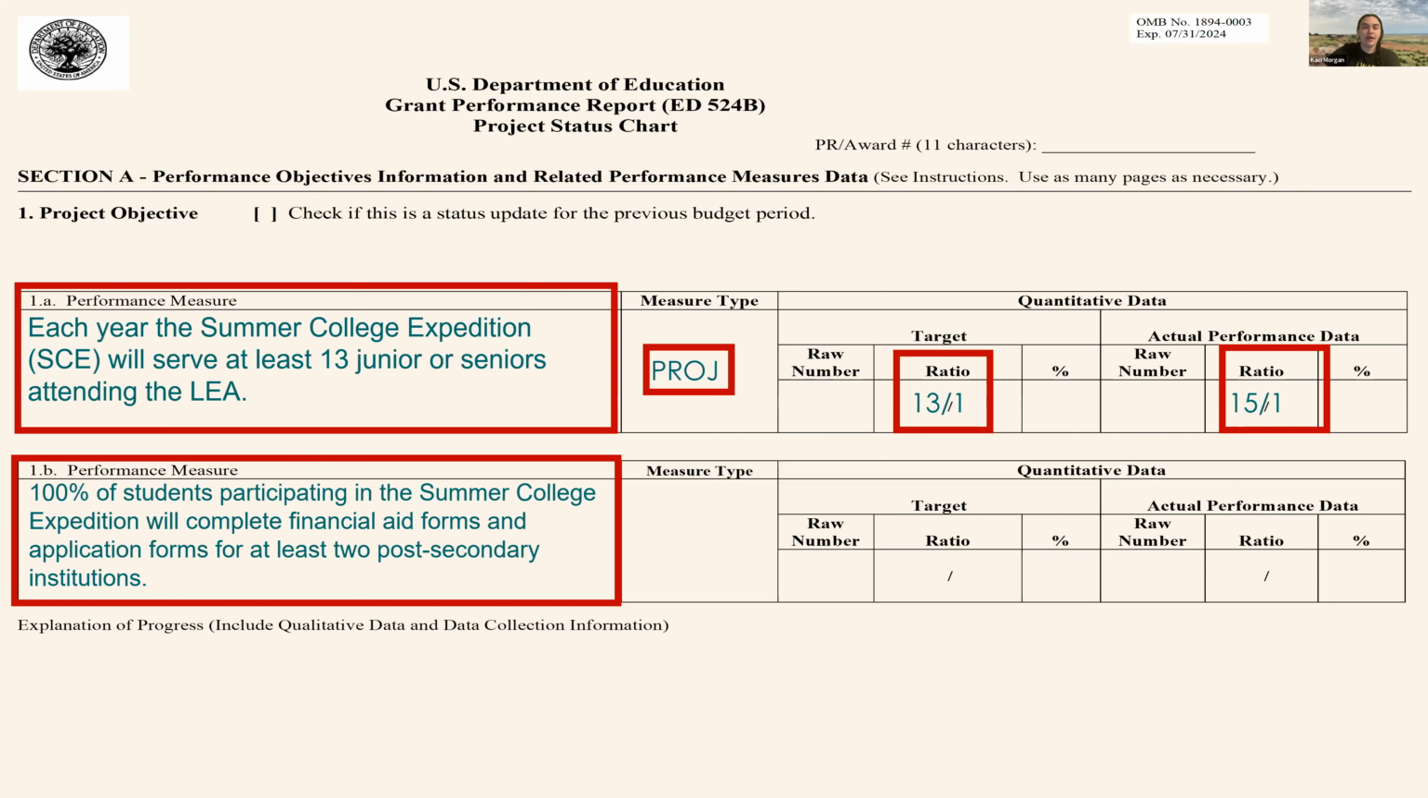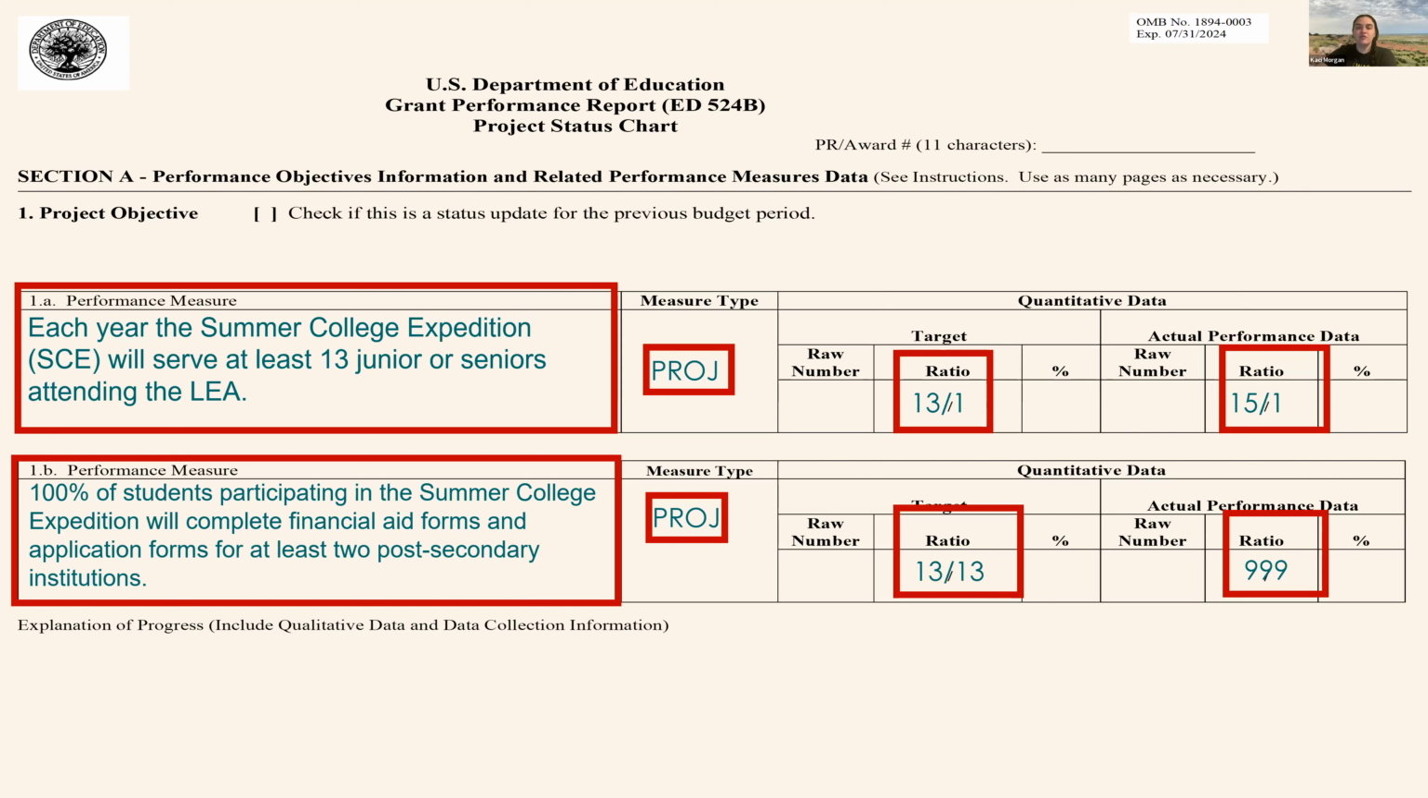And then you have my second performance measure here, also a project measure. I'm also going to report my target data for this measure since it's a project measure. My goal is that 100% of students participating in this summer college expedition will complete financial aid forms and application forms for at least 2 post-secondary institutions. So remember, my goal for participation was 13. So I'm going to say that my target for this one is out of 13, all 13